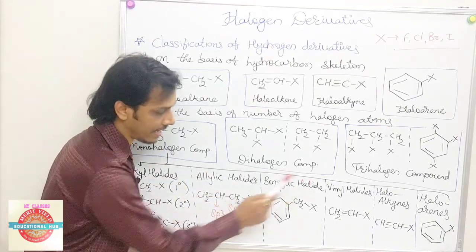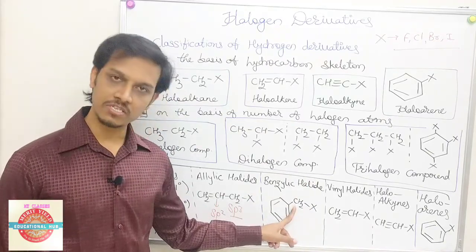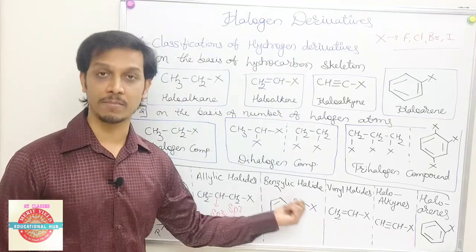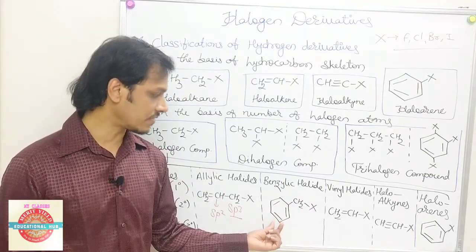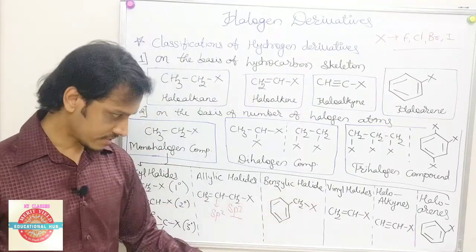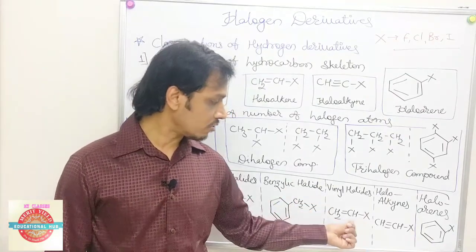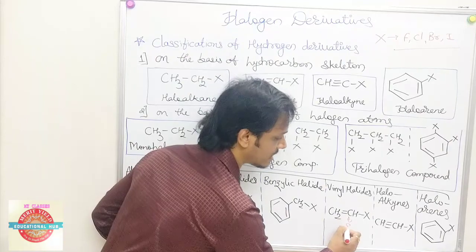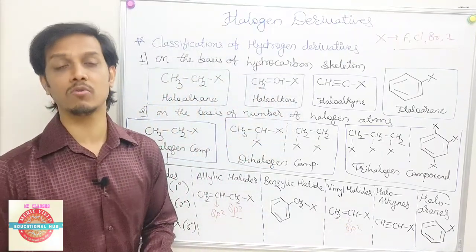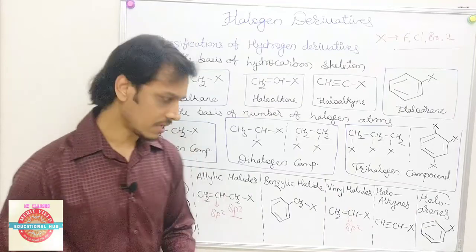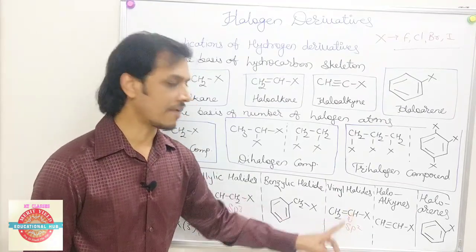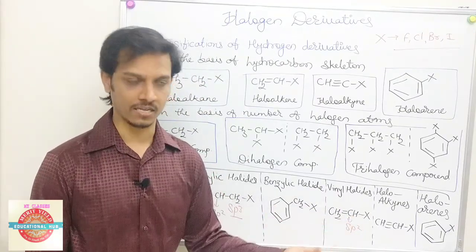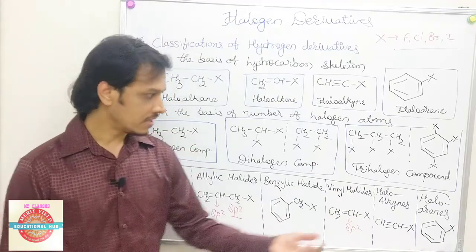Next, benzylic halide. Again, X is bonded to a carbon which is sp3 only, but that C is bonded to an aromatic system, benzylic system, benzene system. So that's why it is called as benzylic halide. Next, here the X is bonded to a carbon which is a directly double bond carbon. So that's why here the definition of vinylic is what? sp2. The halogen atom is bonded to a sp2 hybridized carbon atom. Means in short, a carbon which is having double bond. If halogen is directly bonded to a carbon which is having a double bonded system directly, then it is called as vinylic halide.